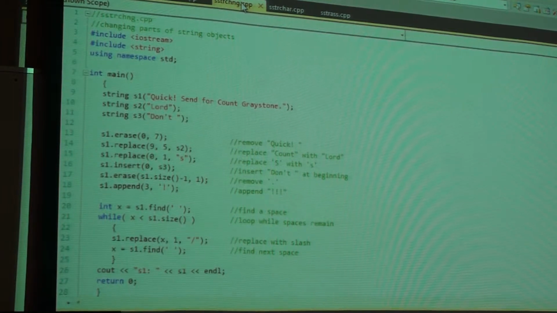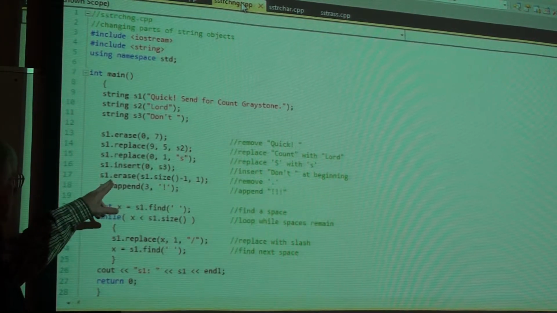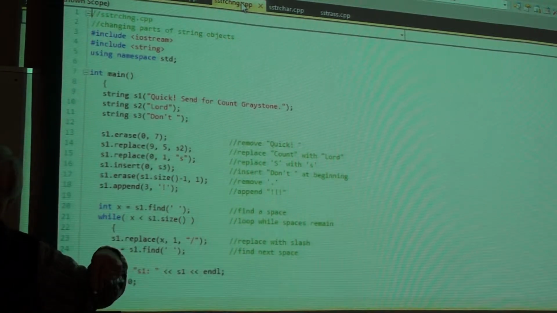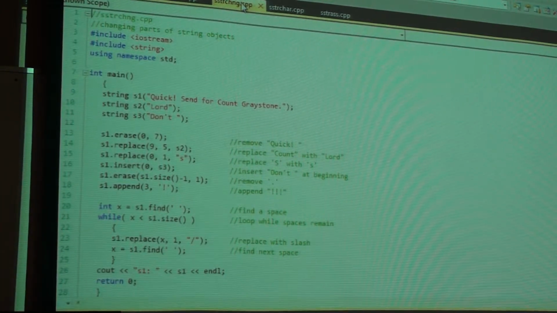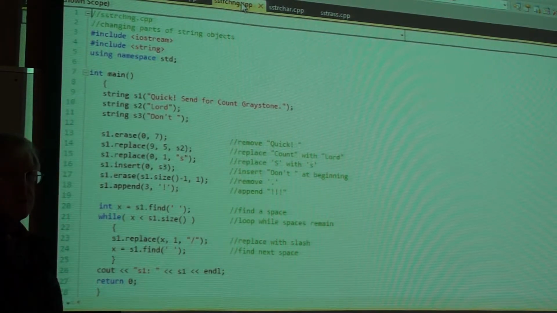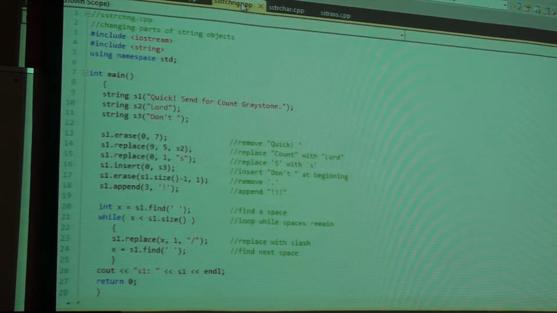What's important for you right now is to look at the notation here. The name of the object dot the name of the member function. And then member functions can take 0 or more parameters. Now there may well be 2 erase functions, one of which takes 1 parameter and the other of which takes 2 parameters. They will be different erase functions in reality, but they will both be called erase. We're overloading the erase function. Is that clear? Make sense?